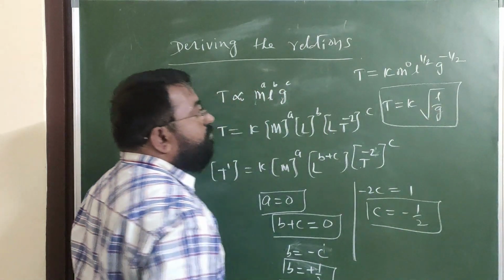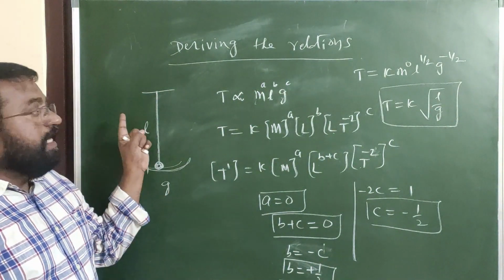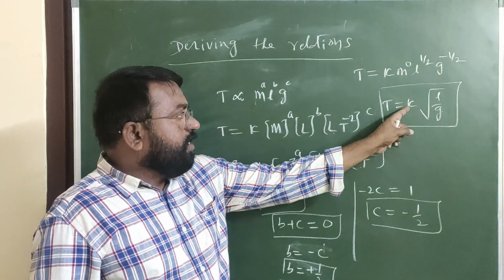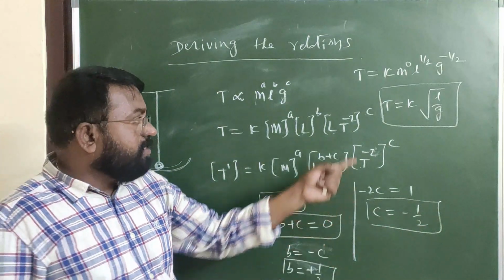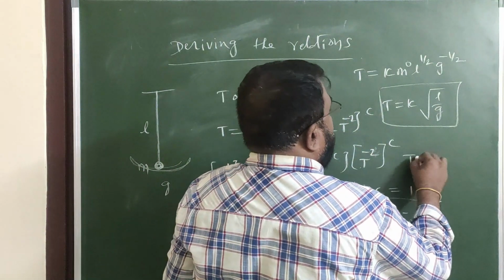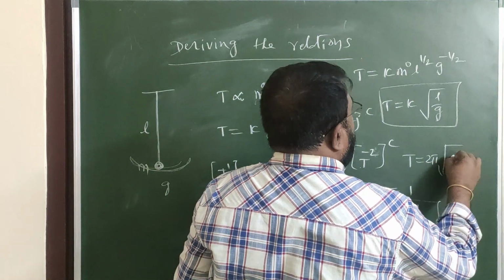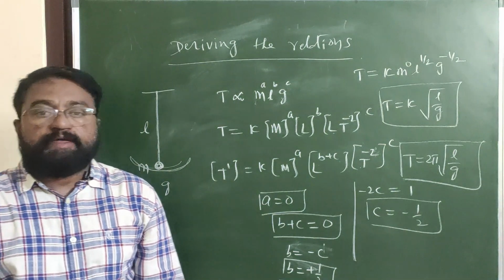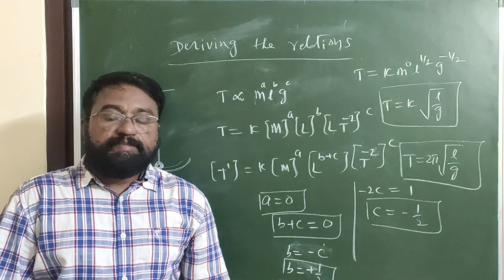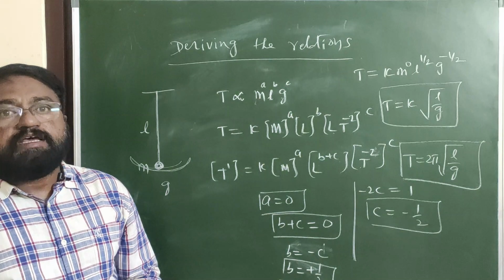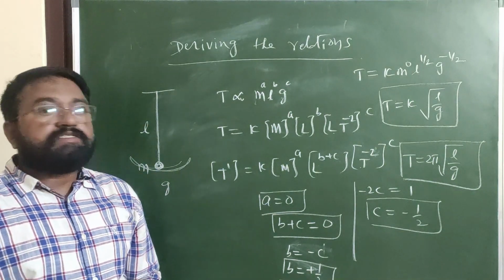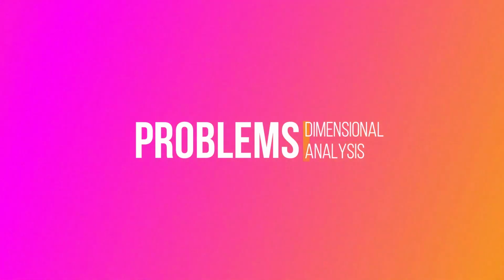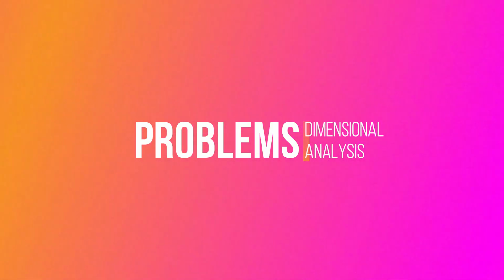See, this is the relation between the time period of the pendulum and the length of the pendulum and acceleration due to gravity. Here the proportionality constant, after conducting several experiments, has a value of 2 pi. Therefore, time period of pendulum T is equal to 2 pi into square root of L by g. See, this is the first part of units and dimensions, that is dimensional analysis, and the second part is error, that we can continue next class. Thank you.